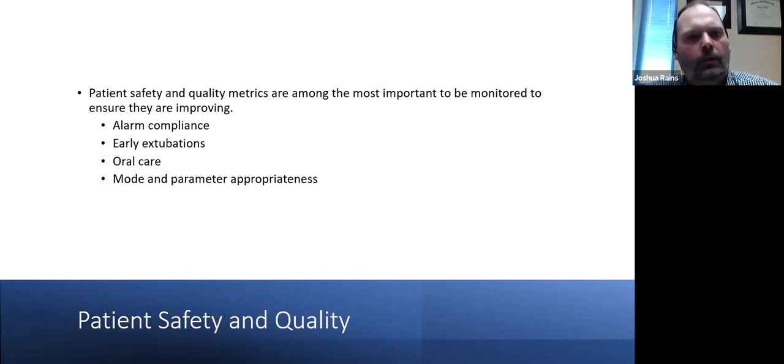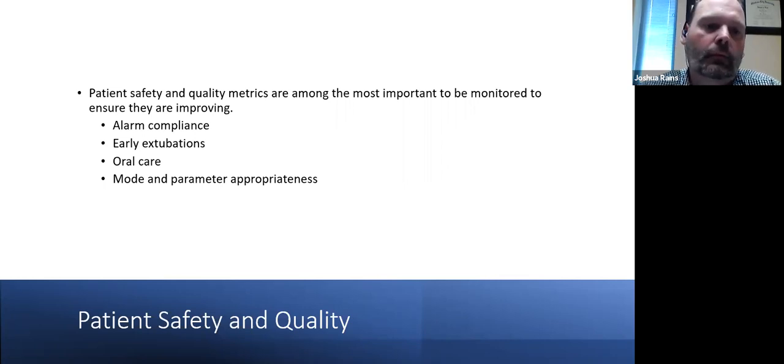So the goal, anytime you intubate someone, the first thing you're supposed to think about is how do we extubate them? And so I encourage all my staff to ask questions professionally, politely, but always be inquisitive and always try to understand why we're doing something and make sure that that's the right thing for the patient. This is obviously not an all-inclusive list. These are just some of the things